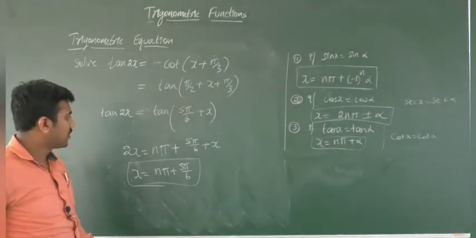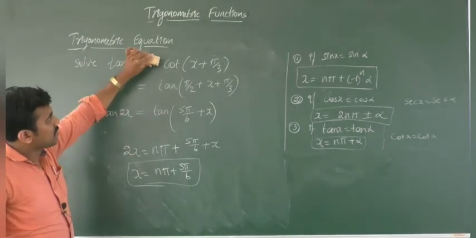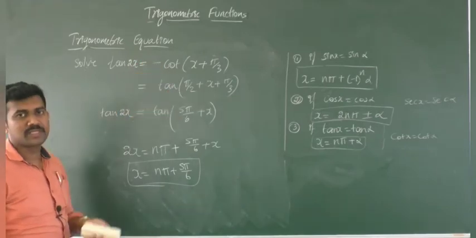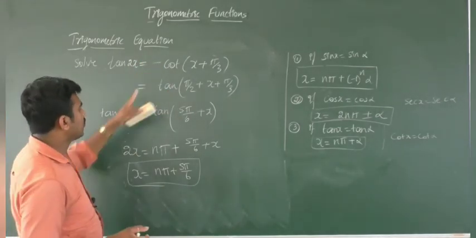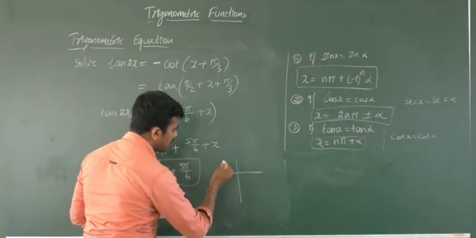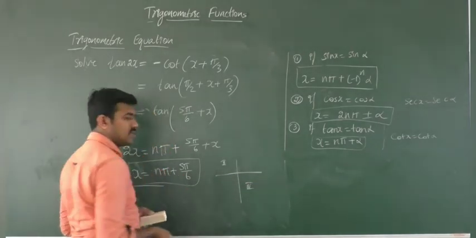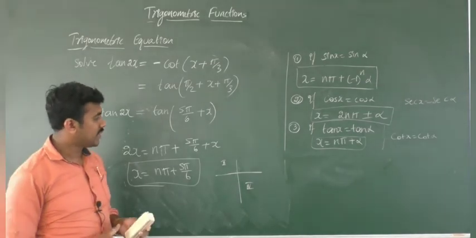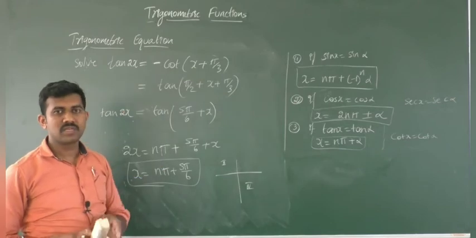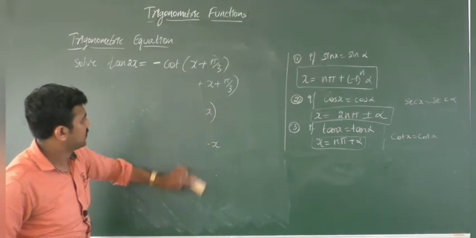Okay, understood how to find the general solution. If you have plus here, then you'll get tan pi by 2 minus theta. If you have minus, tan pi by 2 plus theta. So there we need to see in which quadrant cot is negative. Cot is negative in the second or fourth quadrant. When writing in the second quadrant, tan 90 plus theta is minus cot theta, we can write. Okay, so like this. Now we'll see the next question.